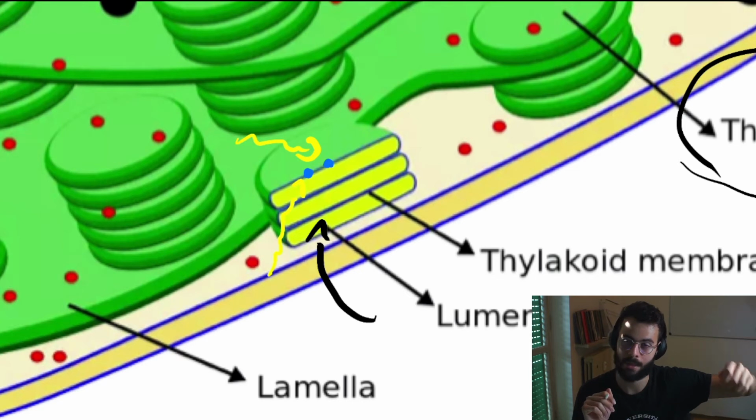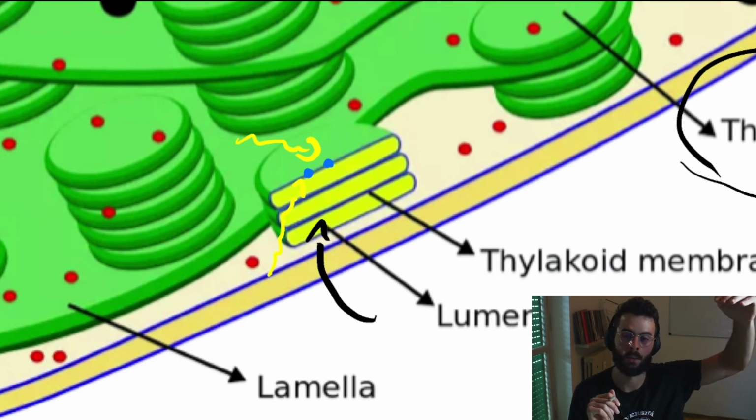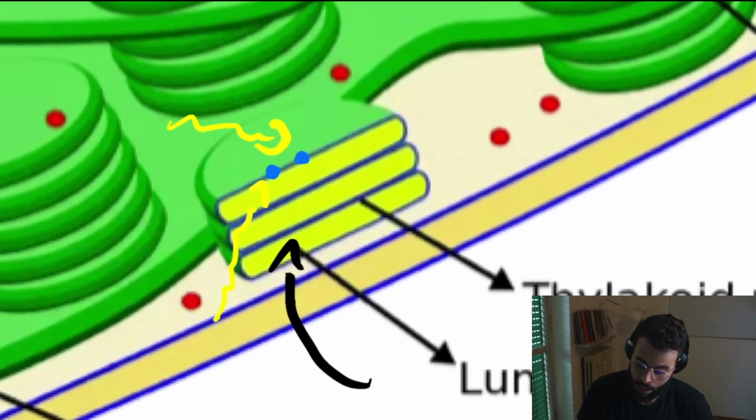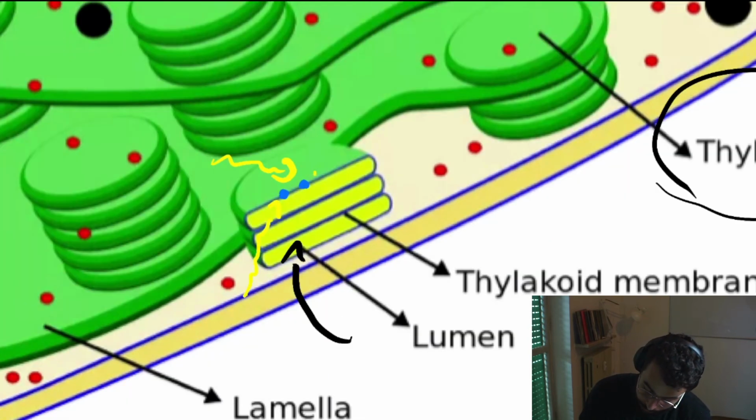So photons excite electrons, and once they go back after being excited, because they always go to the most stable state, they release energy. But this time we are going to use the energy, very similar to the electrochemical gradient and the complexes of the electron transport chain, to pump protons to the inside of the lumen